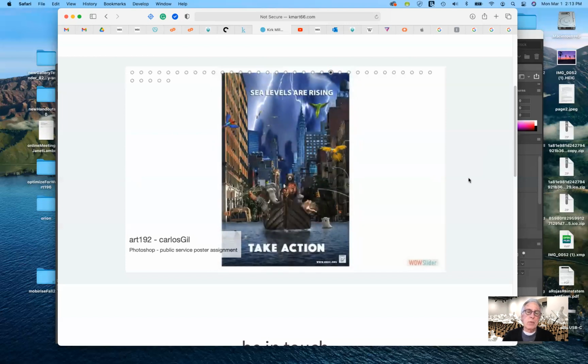This is not a movie poster, but it could very well be a movie poster. This is the one poster that I show for my advanced class, and it's the one that they should be working on now, which is to do a public service poster. But it follows all the basic principles, I think, of a really strong poster, is that it has a large central image. Now, there's a lot of images in here.